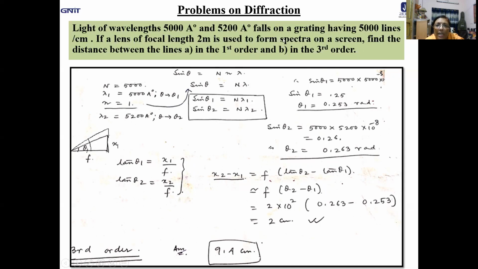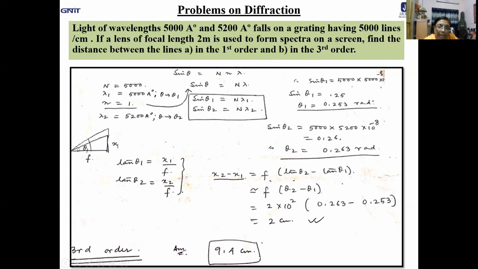Okay. So it is the case of a grating, and in case of grating, if nothing is specified, always use the formula for principal maxima. That is sin theta equal to small n into capital N into lambda. So what about sin theta? Capital N into lambda, because the first one is for first order. Now two wavelengths are present. One is lambda 1, 5000 angstrom, other is lambda 2, that is 5200 angstrom. This is the situation. This is due to lambda 1, this is due to lambda 2. The diffraction patterns are formed on a screen.